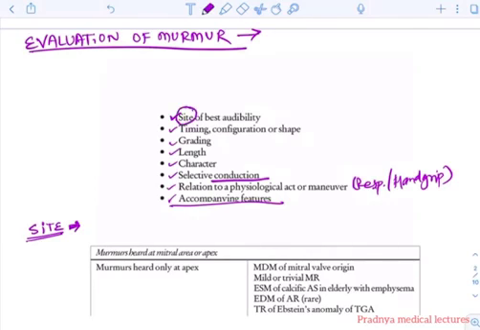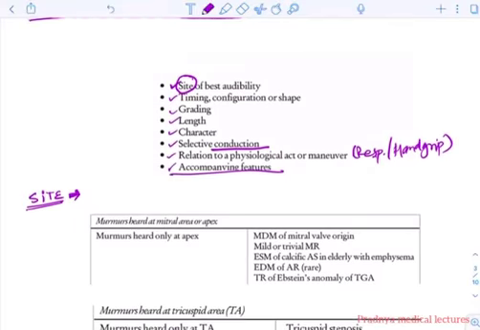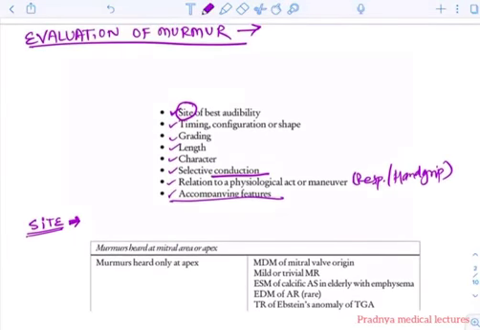So first we will take the site of the murmur. What is the importance of the site of the murmur? We will see the sites one by one: mitral area, tricuspid area, pulmonary area, aortic area. So, if the murmur is heard best at the mitral area,